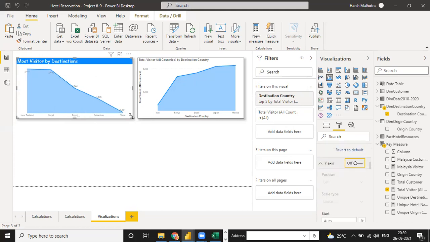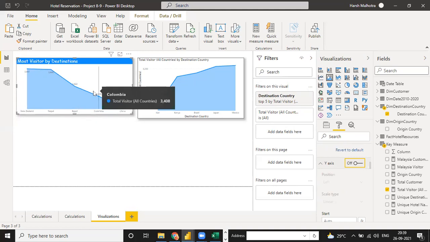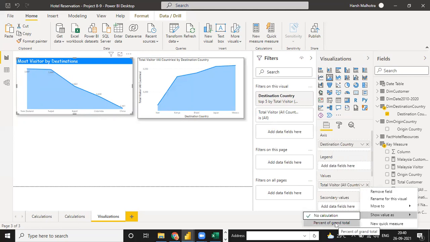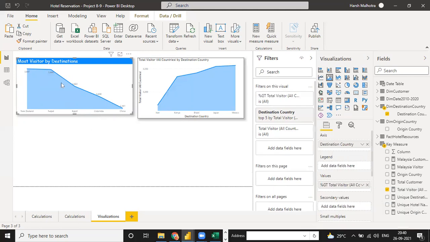Now the value is there, but it is not good as a number. I want it as a percentage. So I click on this, and for total visitor, I set show value as percentage of grand total. See, the value is now in percentage, but I need it in ascending order.